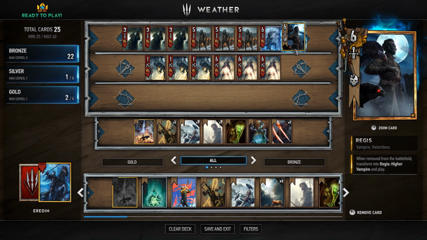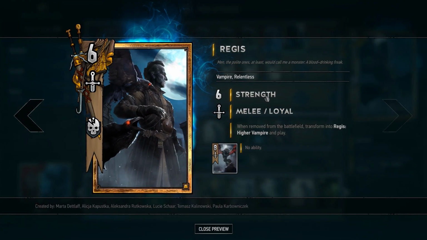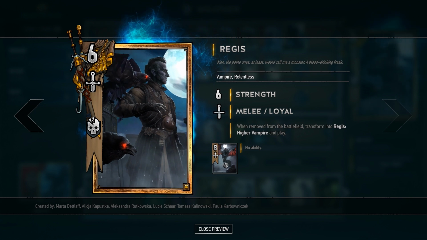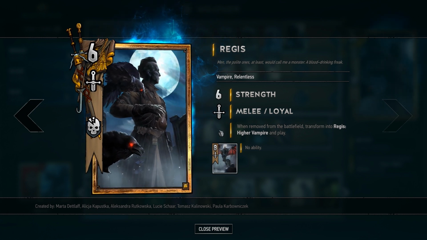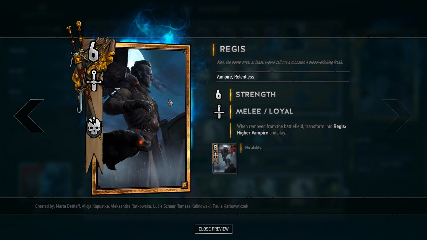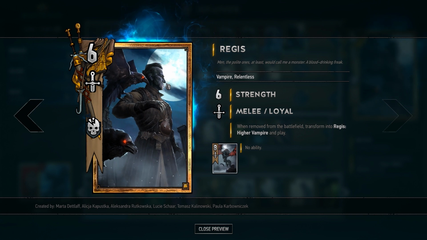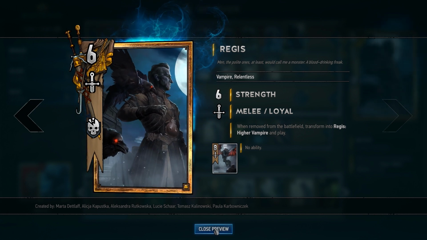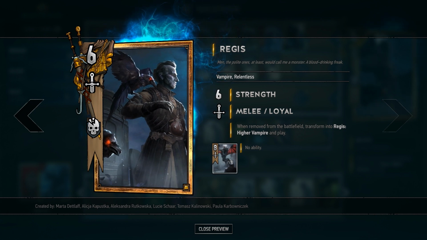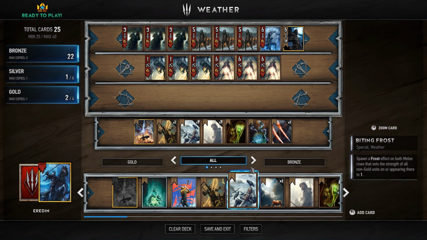So yeah, when removed from play, Regis turns into the higher vampire. So the higher vampire is this 8 strength creature. It does get debuff from frost, but the fact that he's gold means that the turn that he comes down, he's not actually affected by frost. Gold cards are not affected by any kind of weather. So the turn he comes down, he's not going to be affected. In the second round, though, it could debuff us slightly, but we get an 8 strength creature nonetheless to start